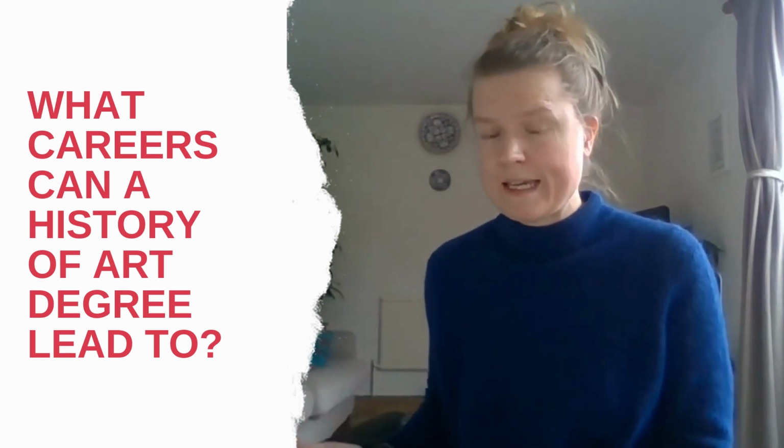And what this means is that you can develop in-depth knowledge of a wide range of fields that might draw on previous study that you have done, but also might help set you up for quite a wide range of different possible career paths. And this brings me on to my final point, which is about where all this could lead in terms of what comes next after the degree. Now, it perhaps goes without saying